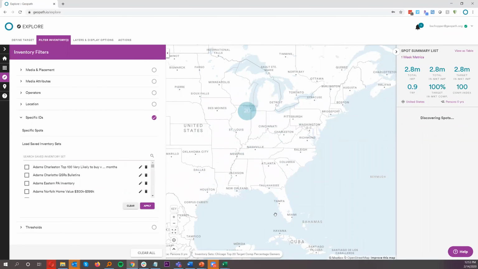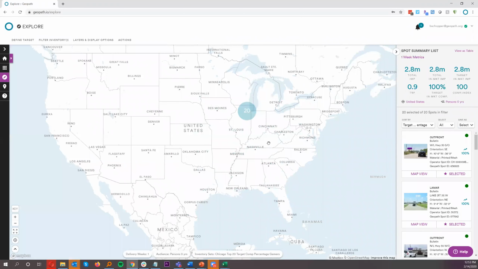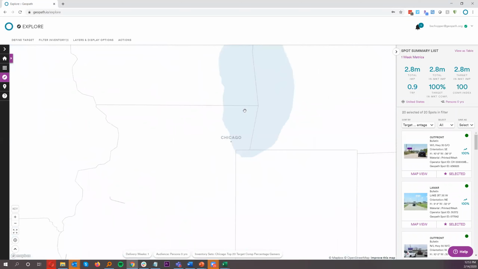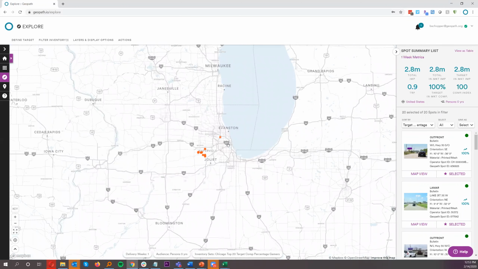I should have cleared all this before I started, but okay, I just loaded up the same inventory set in Chicago that I was using in that example in my workspace. There are two different ways that you can export from the Explore module itself. If you have this right-hand menu open, this Spot Summary List menu, and you go to this Save As dropdown, you can come right down to the bottom here and hit Download as CSV,